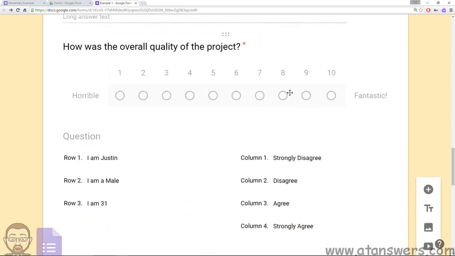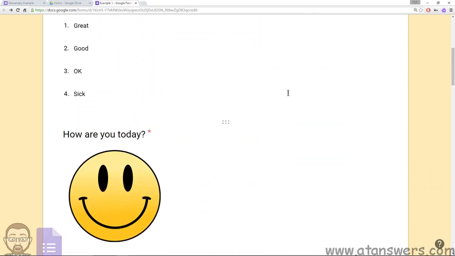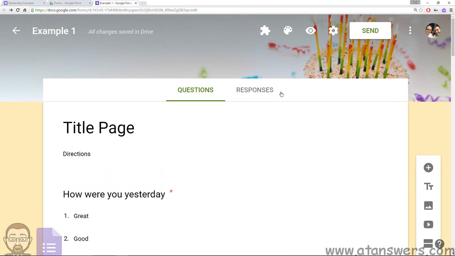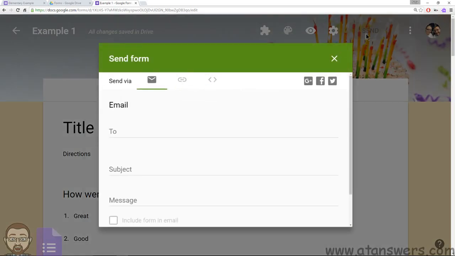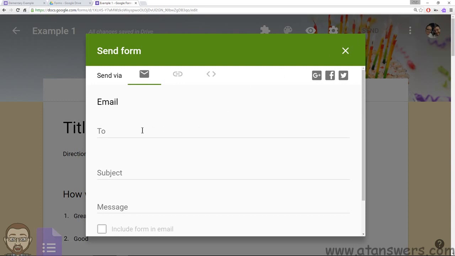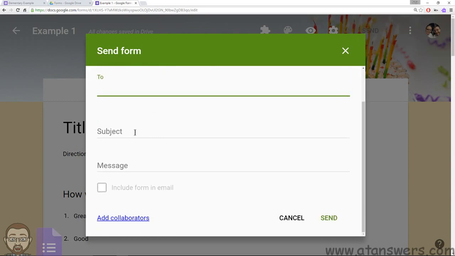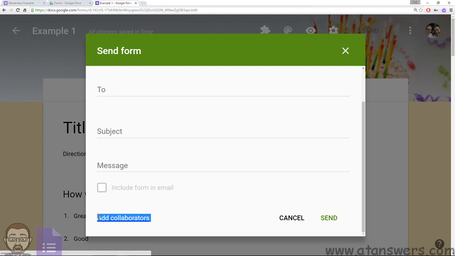Now, we are almost good to go. I want to show you how to send a Google form, perhaps to your students or to an assignment. Right here is our send button at the top. We click send. We could type in the email of the person, the subject line, the message, so it sends it like an email, and you could actually have the Google form inside the email, and you can have collaborators or people that will help you make the form,